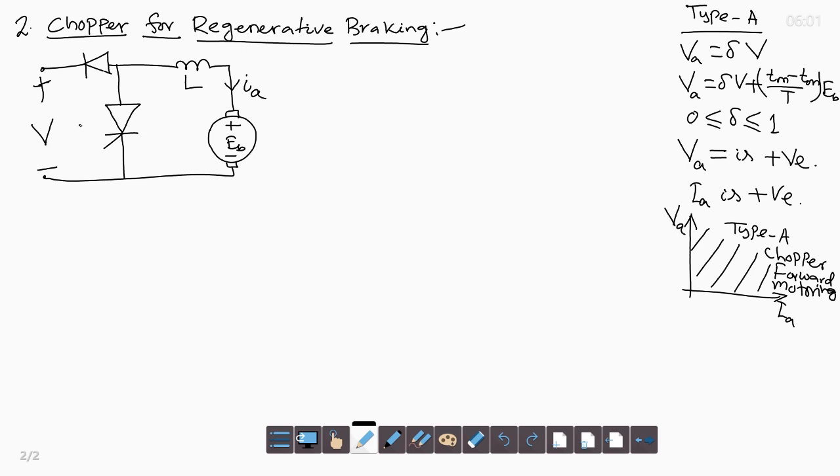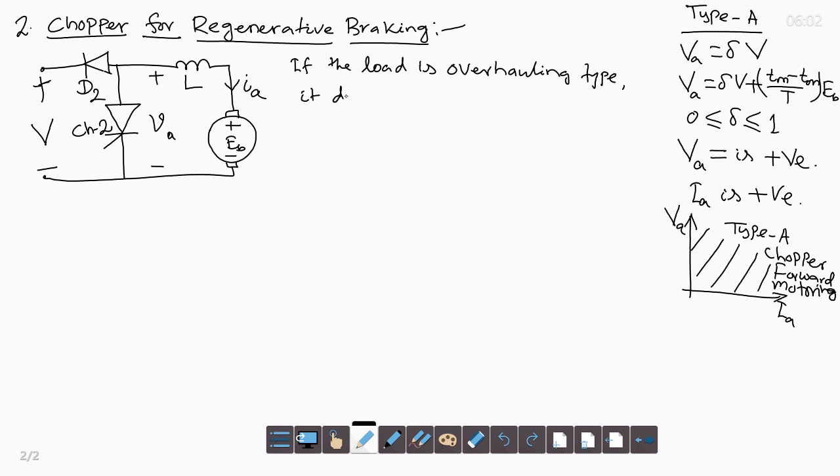Let us denote this as chopper 2. Chopper 1 was there in the previous circuit. This is chopper 2, and this is the diode D2, and the voltage across the output is VA. So when can regenerative braking occur? If the load is overhauling type,